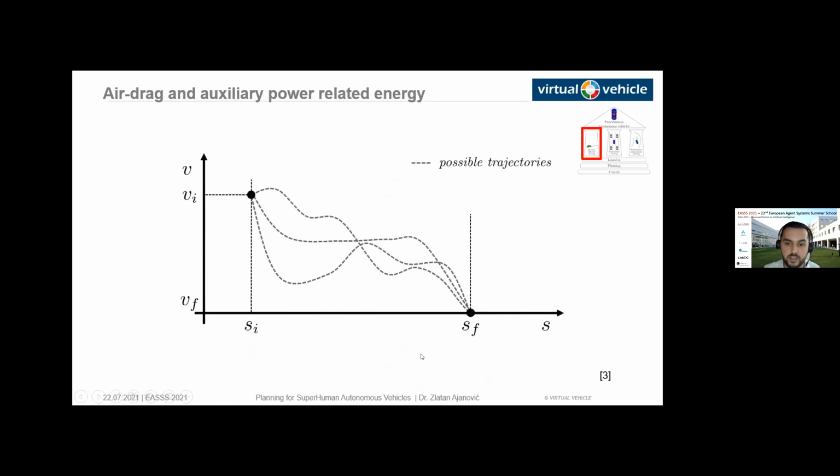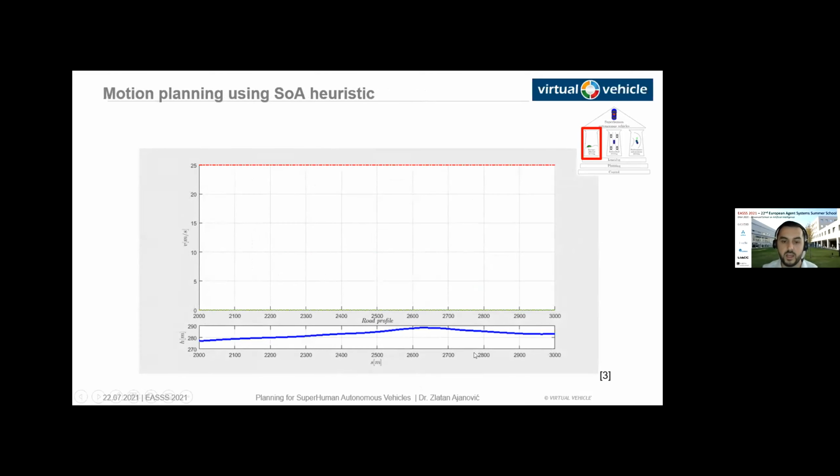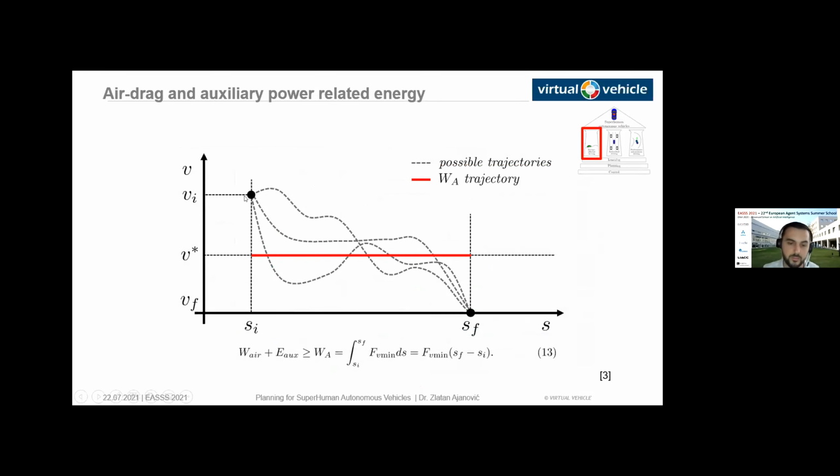And we can actually use this to compute and estimate, with some underestimation, the cost to go in this case. So for any of these trajectories, all of these trajectories will have greater or equal energy consumption than just constant driving at the optimal cruising velocity. And this velocity can be nicely computed, and we also later introduced some maximum acceleration and so on, because it's not possible to infinitely fast go from the initial velocity here and also to brake,